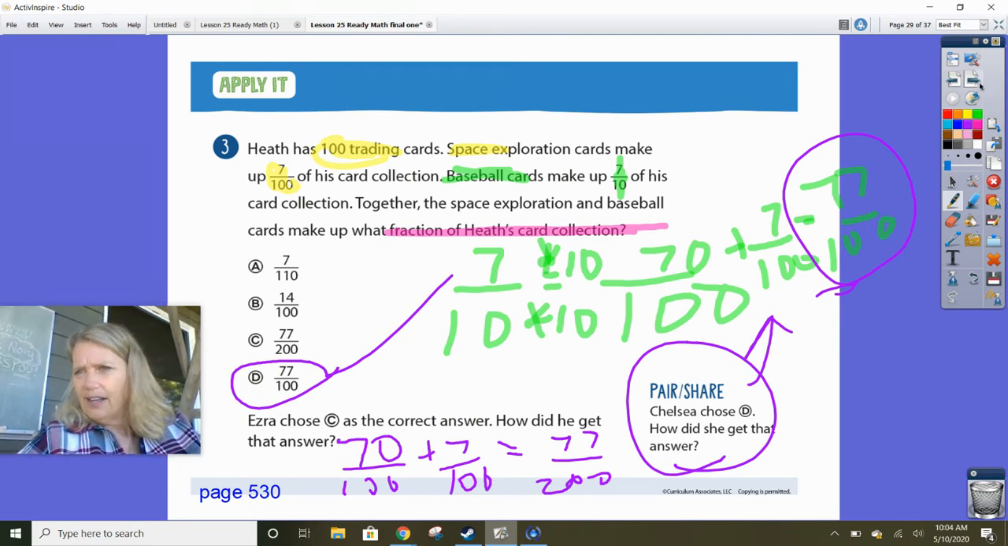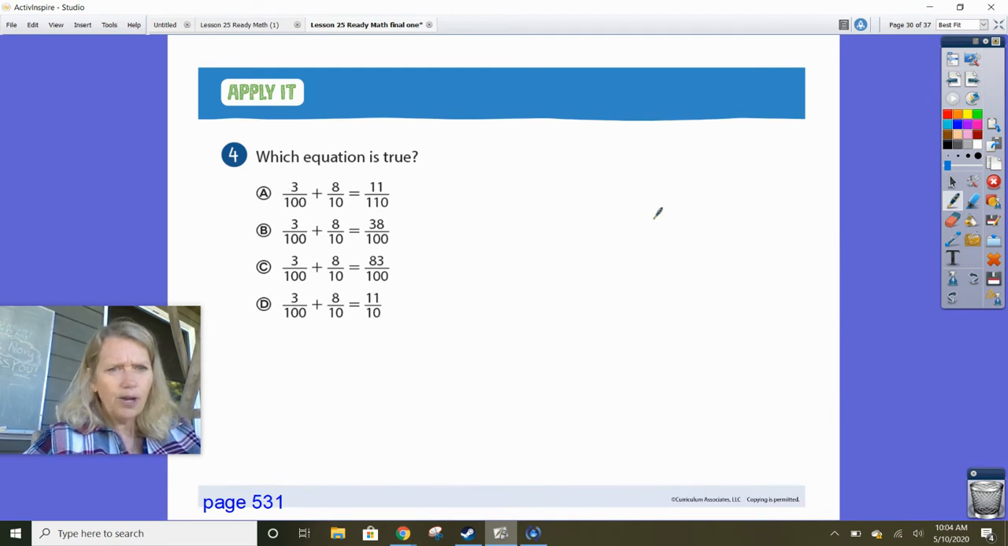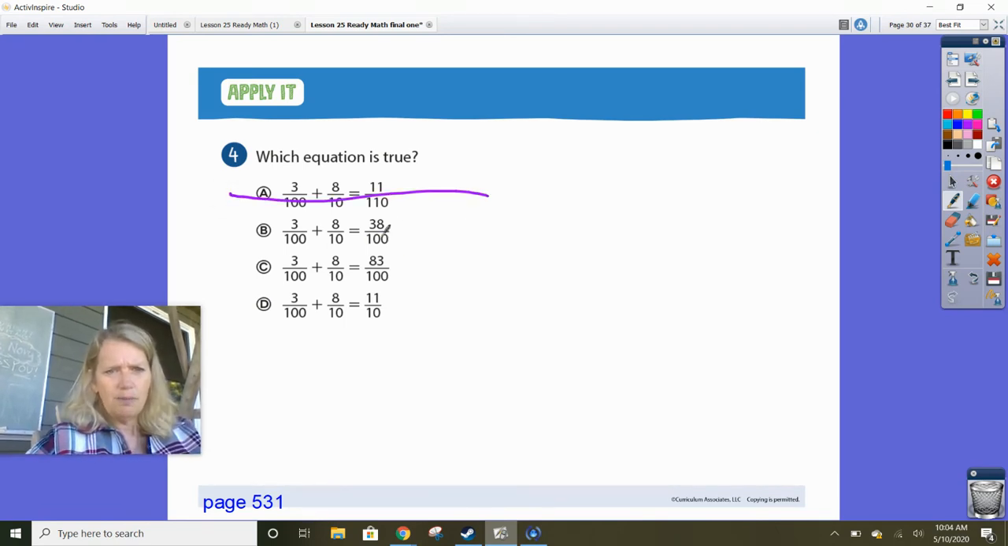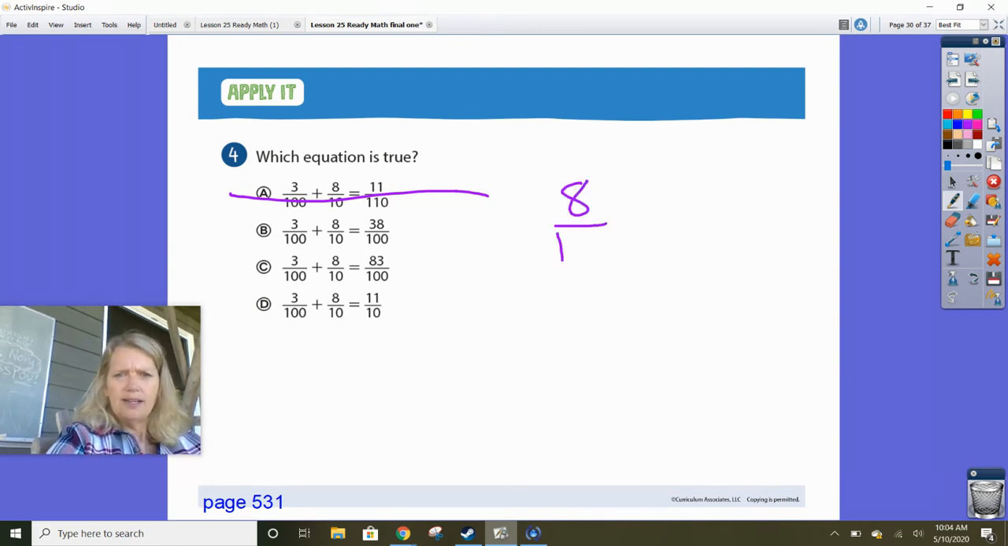All right. Well, that was a fun mistake. Page 531. Which equation is true? That means we've got to check each one. Well, except this looks very odd. We know that can't be true because that's just what Ezra just did, right? You can't just add the denominators. Bye-bye. This one might be true because you can change that. This one might be true. This one, not possible. Well, possible, 8/10. No. Okay. So this one, 8/10 is the same as